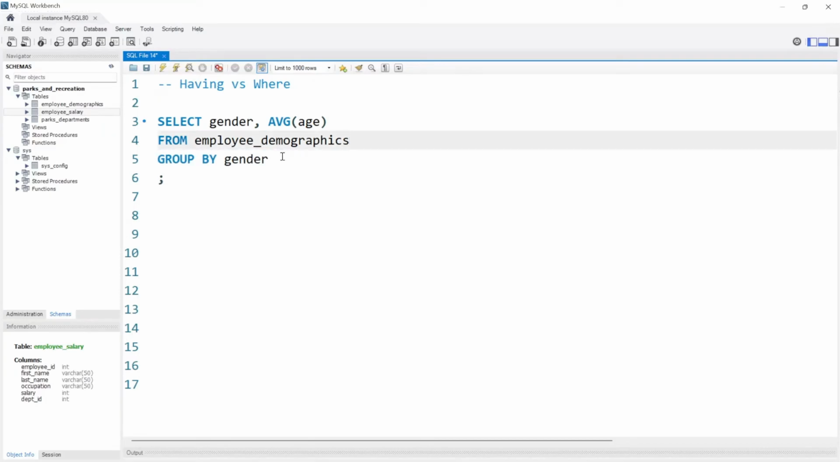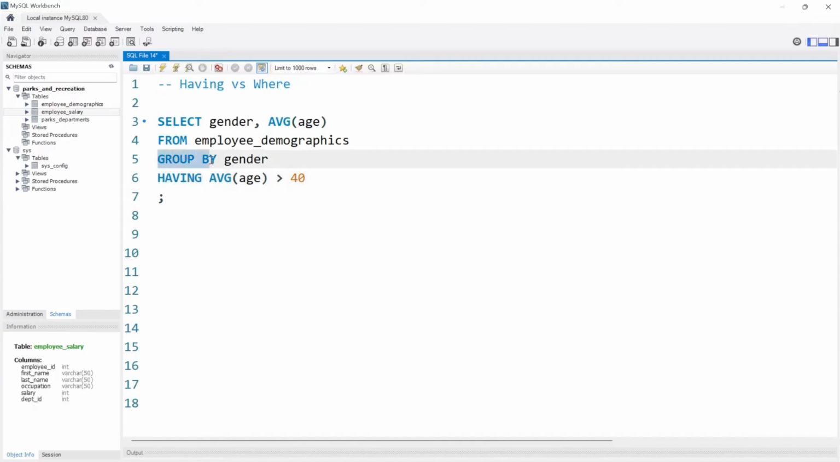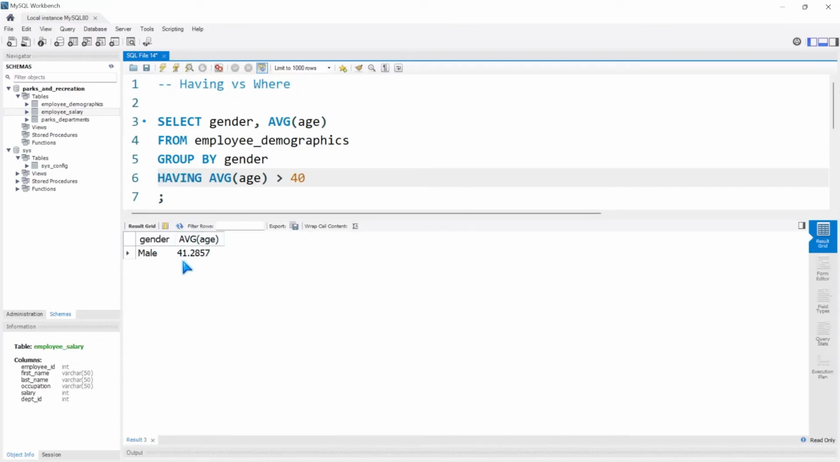We're going to come right down here and instead of where, we're going to say having. Now, having was specifically created for this exact example. It comes right after group by, and after group by, we can filter based off of these aggregate functions. So now if we run this, we're going to get an output that only has where the average age is